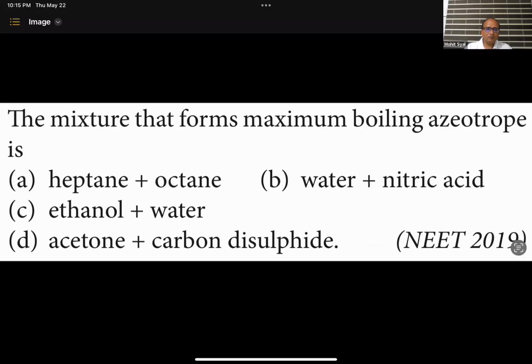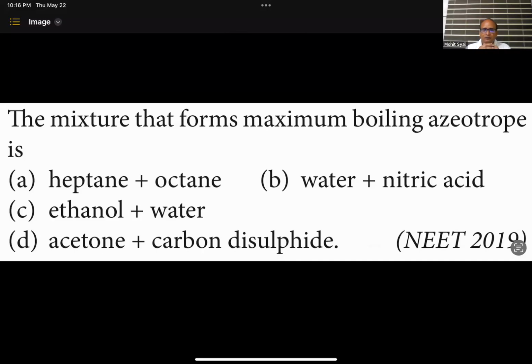Maximum boiling azeotrope. Next one. Jaslin, I hope that previous question is clear. Yes, sir. Okay, great. Maximum boiling azeotrope is the system that is formed by a non-ideal solution,